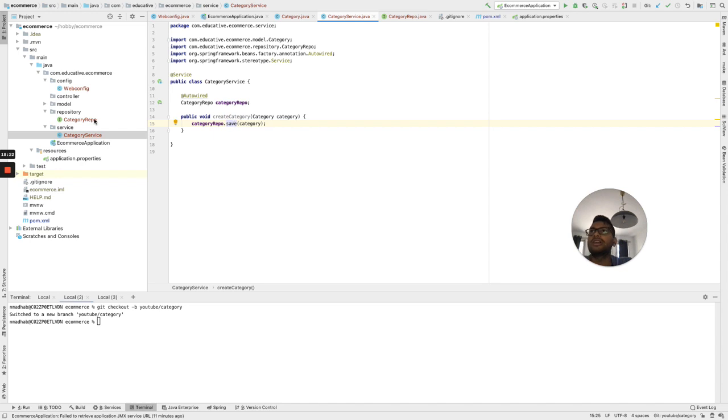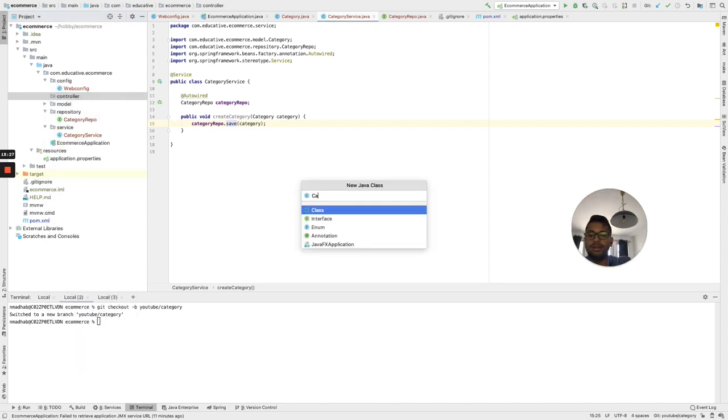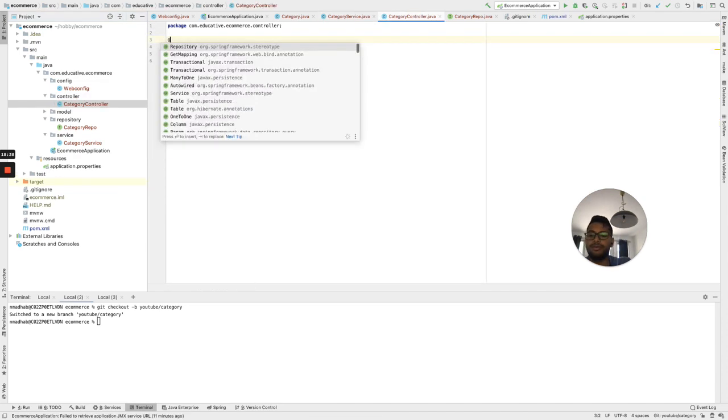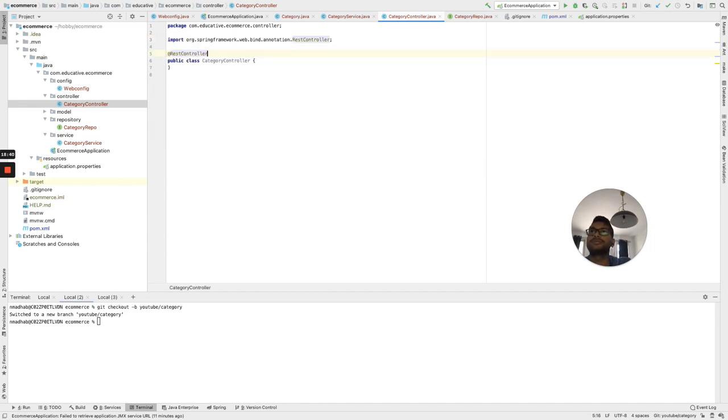Now let's go to the controller and create a category controller class. It will be a REST controller because it will be the API.